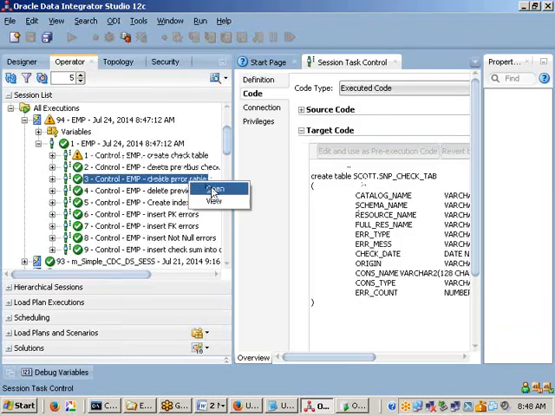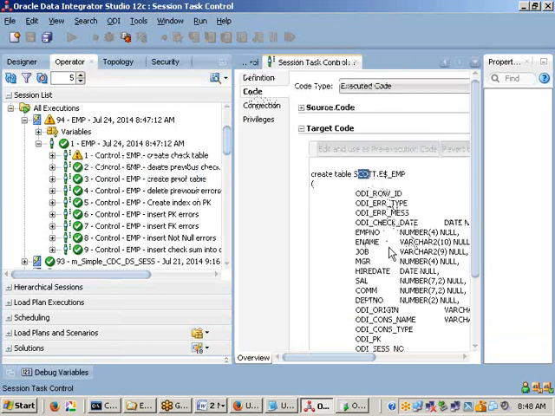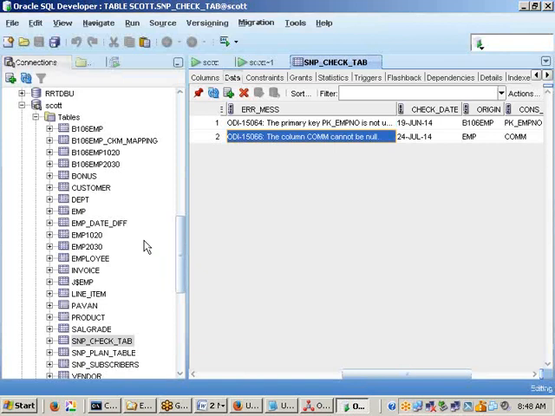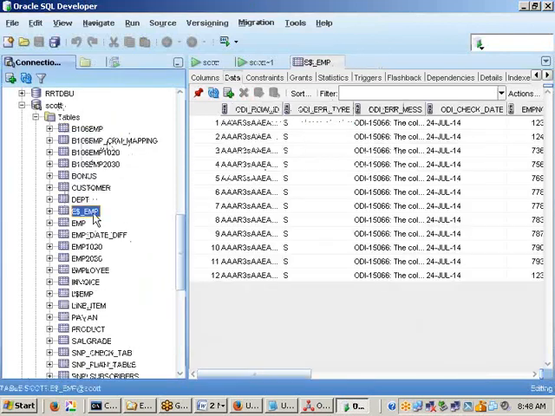Next is what, sir? Creating the error table. How is it creating the error table? The error table code always has whatever columns are available in our source, EMP number, ename, job, those all things as it is, on top of what, sir? What is the origin of this one? You come to understand if you go and see directly here: right click, tables, refresh. We got one table here. What is the table? The $EMP table.